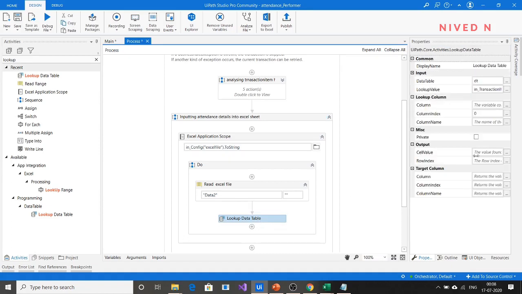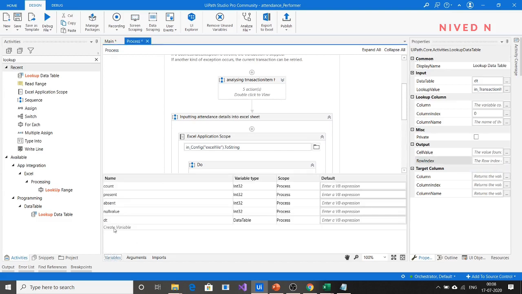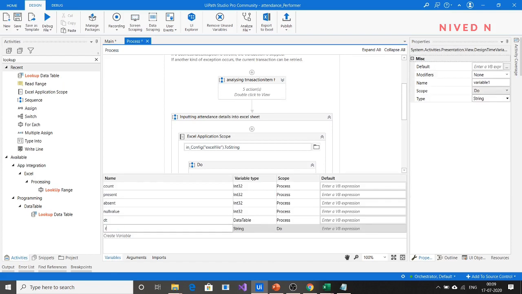Now, what is the output that we require from this lookup data table activity? You want to get the row index, so you just create another variable, row index. What should its variable type be?